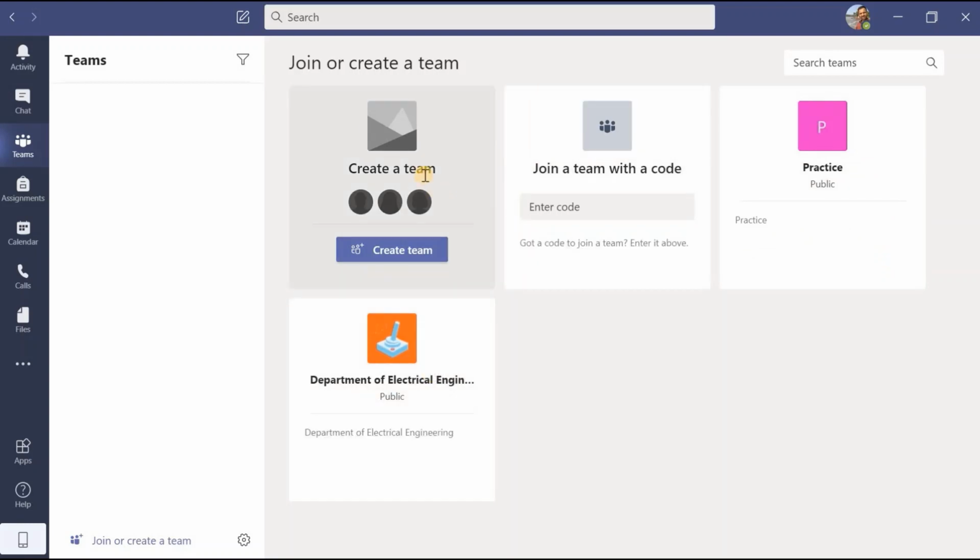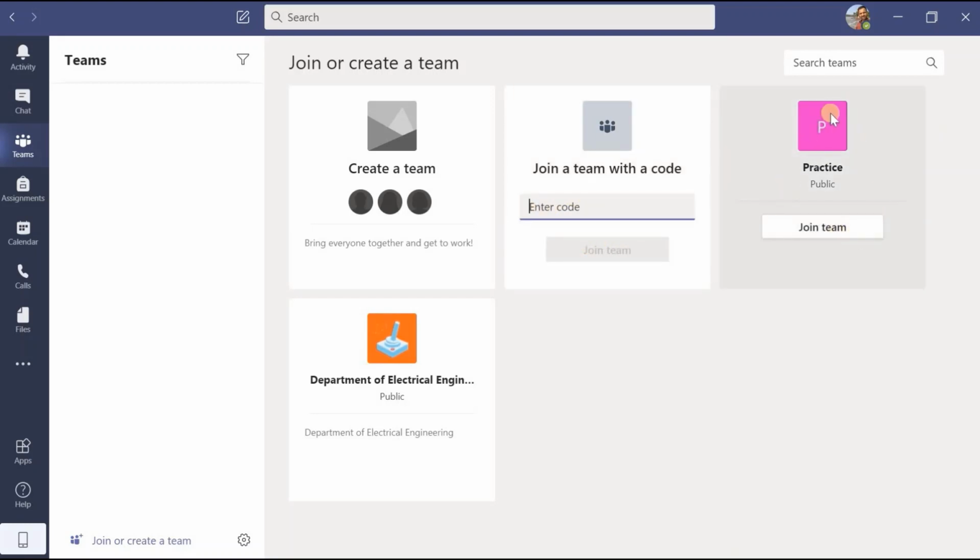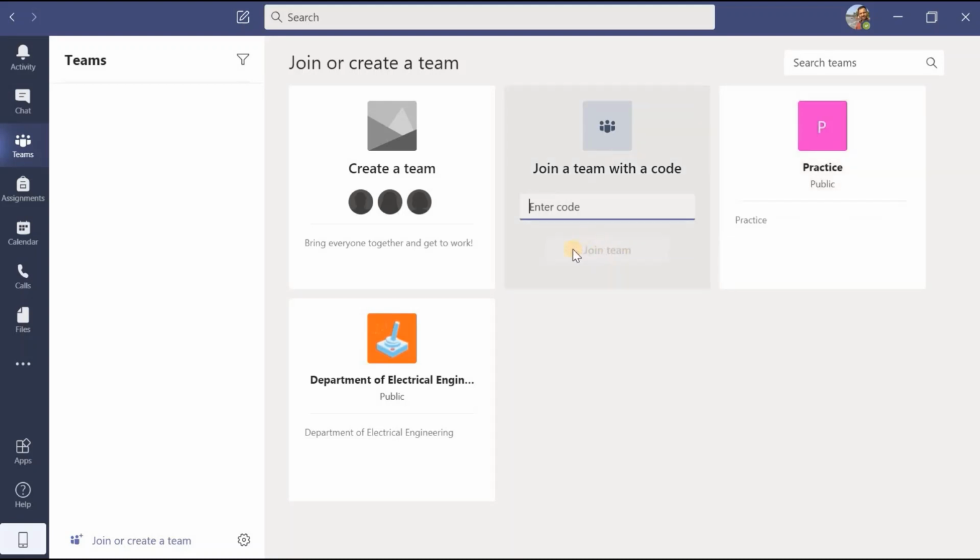Now here two options are there. Either I can create a new team, or if I have a code I can enter it here and join the team, or there are these public teams. Directly if I click on join team, I will be part of that team. The first option we have already discussed, but let us revise. Three options are there.